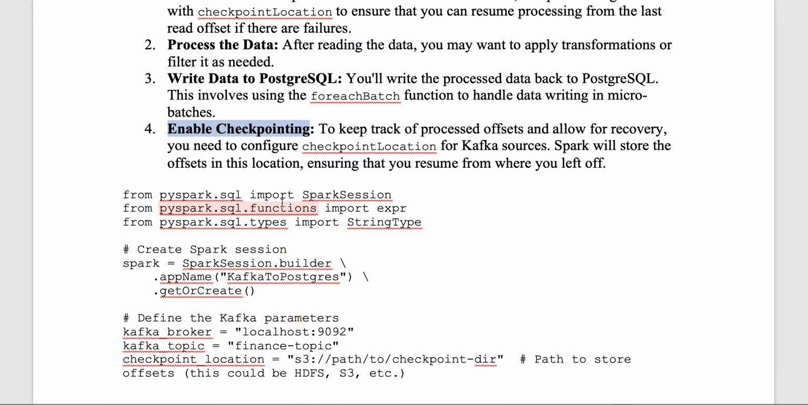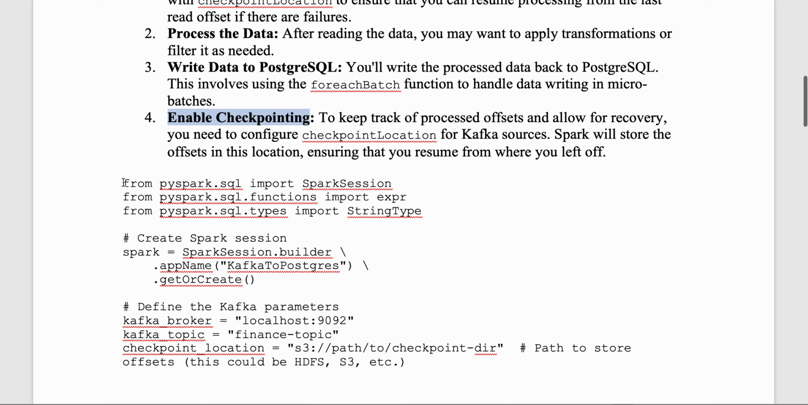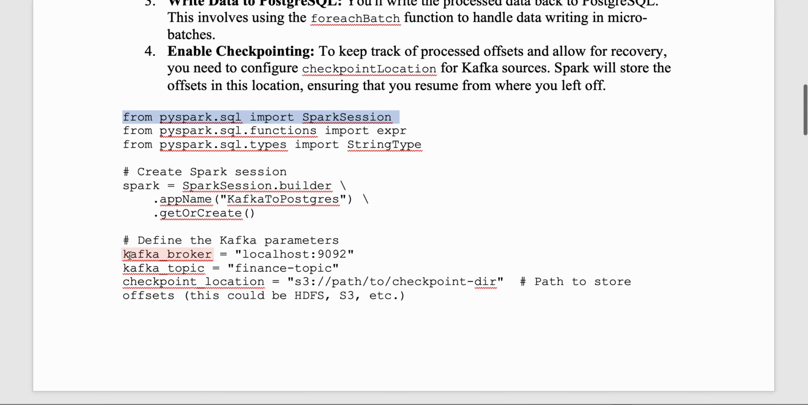Okay, so now let's understand the code. Simple: again we have imported the PySpark SQL SparkSession, then expr, then StringType. We have created a Kafka to Postgres Spark session. Then we have defined these, which are important. This credential you will get once you are writing the job. You need to take it from the Kafka team, like the Kafka broker, what the broker name is. You can write it out. I have written everything in a single code,